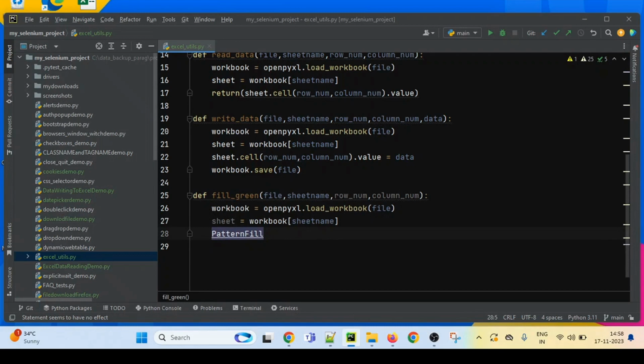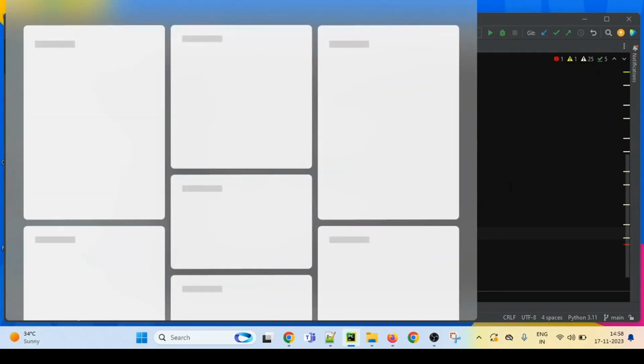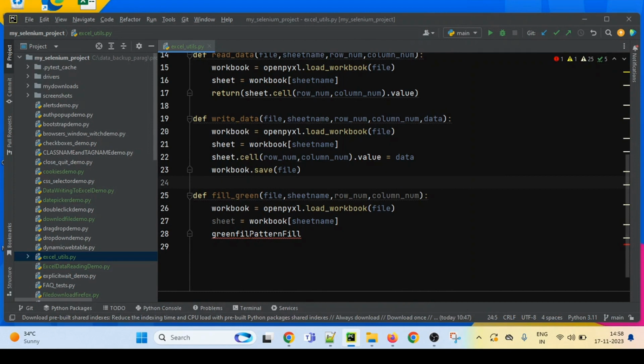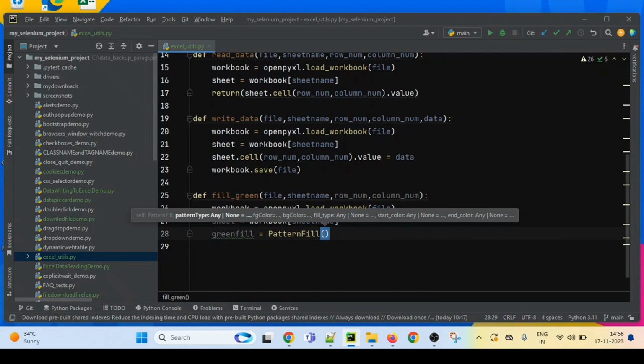Let's say I am naming the object green fill equals to PatternFill. We are creating the object, and in this we have to pass certain parameters.